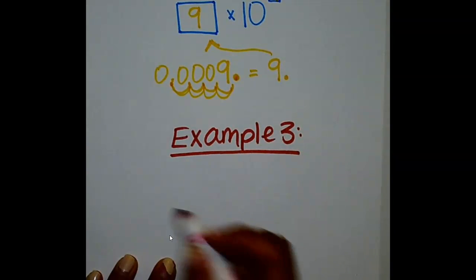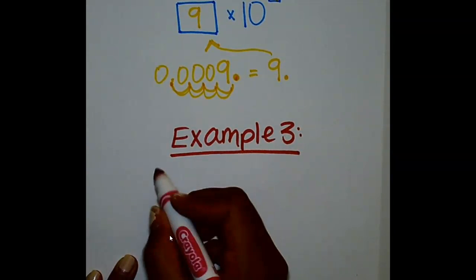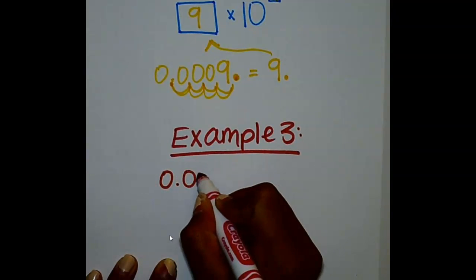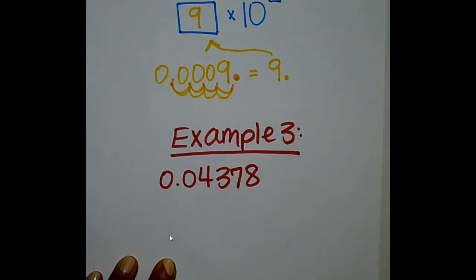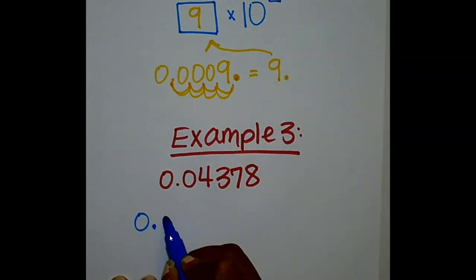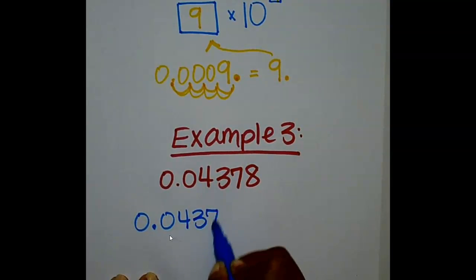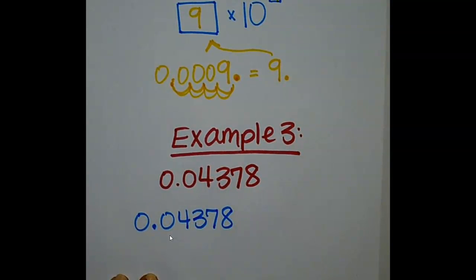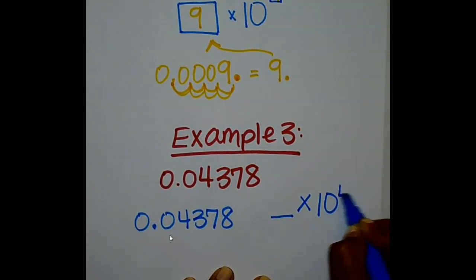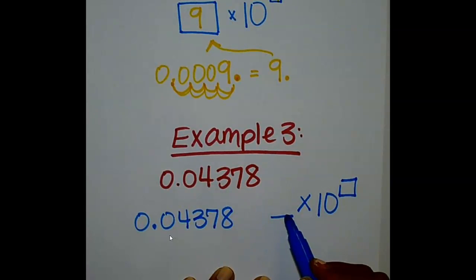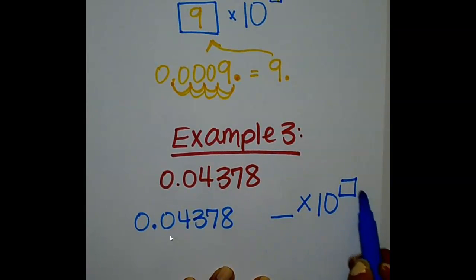Okay, and I'm just going to think of some number. We're going to want to write this number here into scientific notation. So first things first, again, I'm going to rewrite my number so that way I can move my decimal and not get confused. And if you want, you can already have your scientific notation set up, because we know we're going to have some number here, and then what's going to be multiplied by 10 to the power of